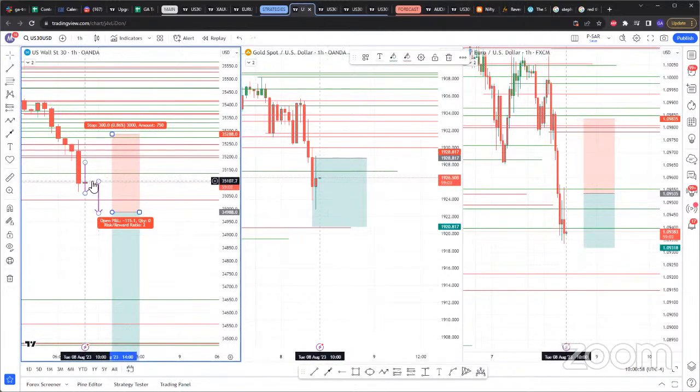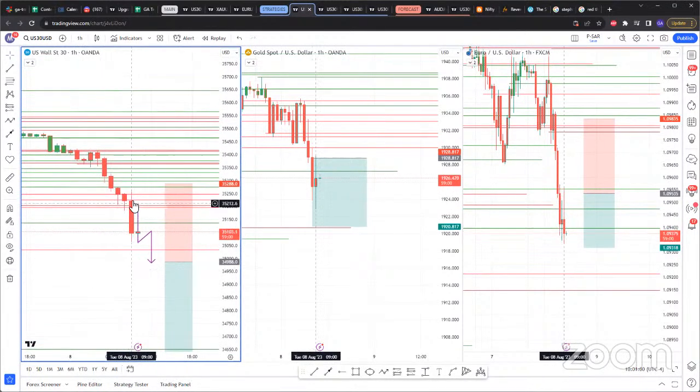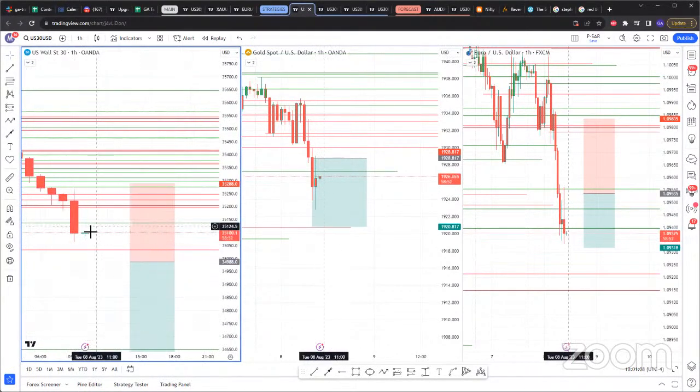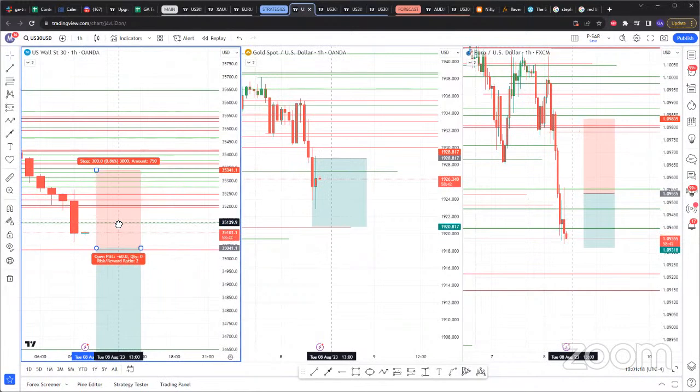We already got confirmation number one, the break on the hourly. If this hourly candle does not come back all the way and retest 35,244 to 35,200 and just continues down and closes below here, would you be willing to take that sell